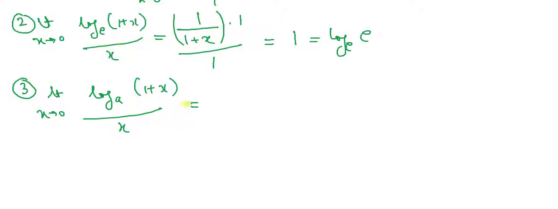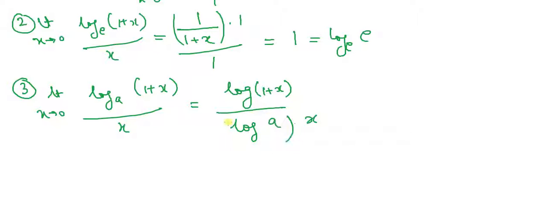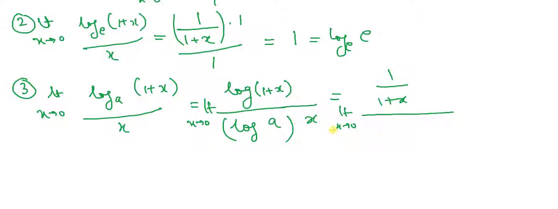It's very simple. Differentiate this whole. So the differentiation will give you what? First of all, you can write this as this quantity, log of 1 plus x whole divided by log a into x. Okay, and now you can differentiate easily. Differentiation of numerator will give you this, and differentiation of denominator will give you what? X is 1, then log of a only. So now you can put x tends to 0. This will become 1 over log of a, and here base is e obviously.